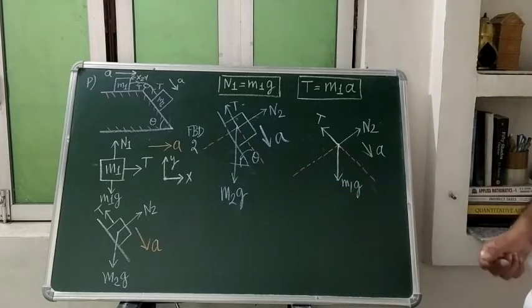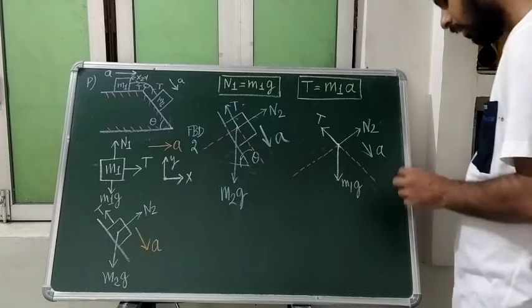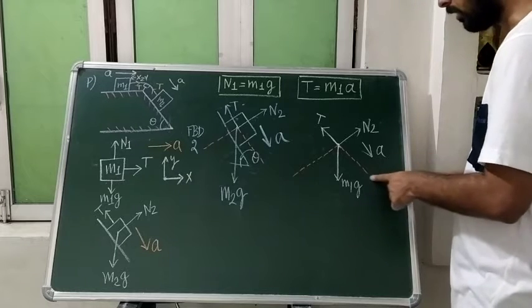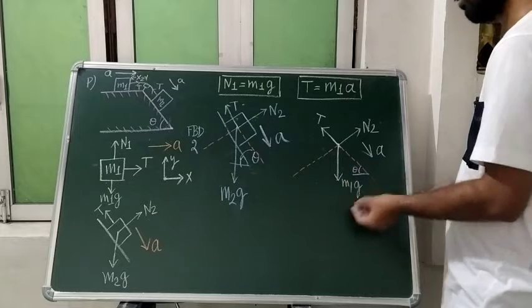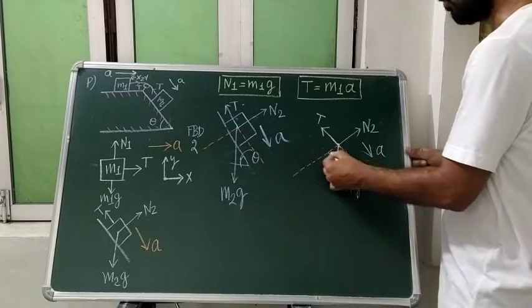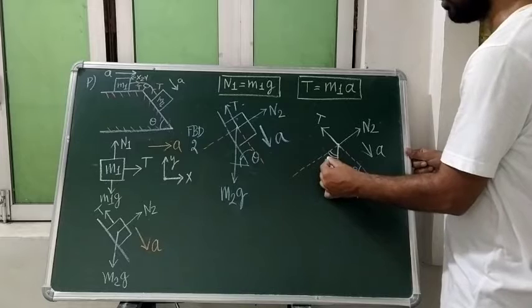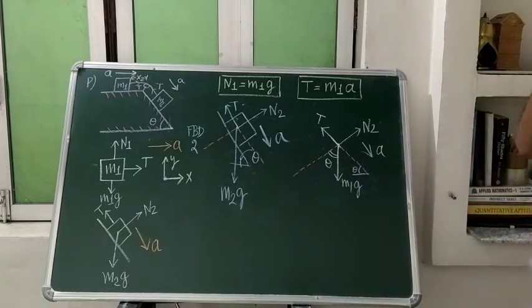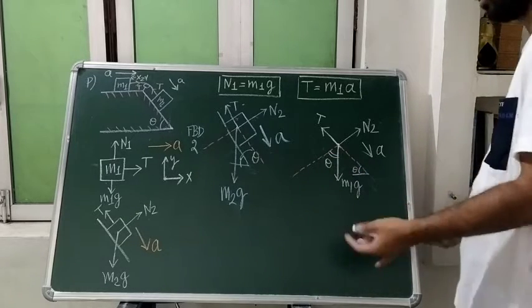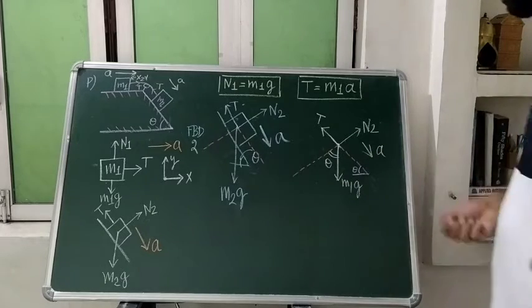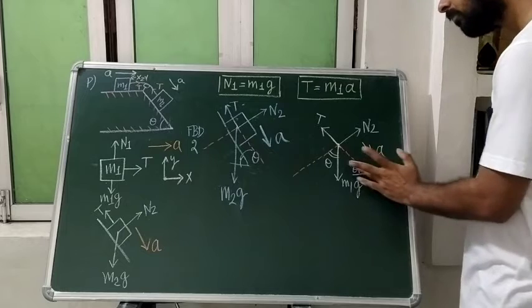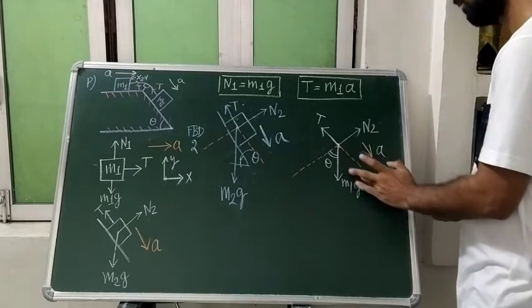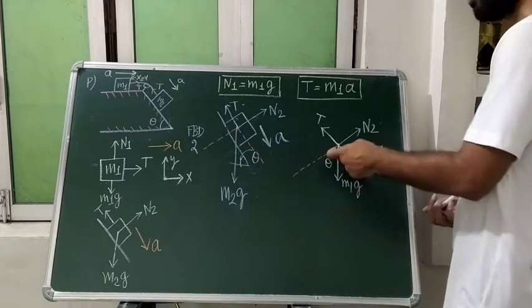These things I have discussed with you in the previous video, I think. And student, I have also discussed that if this is our theta, this will also be equal to theta. Why will it be equal to theta? You can go to the previous video. Otherwise, if it is known to you, that is okay. So theta is present here. Okay, student, I am removing it for the time being. So if this one is theta, this one will also be theta.